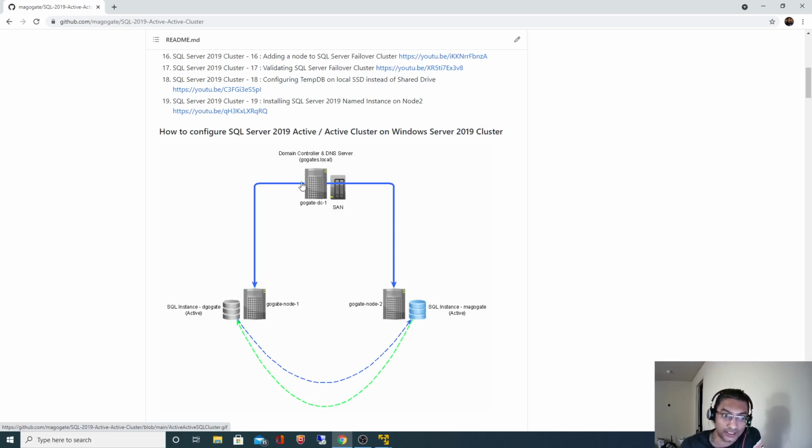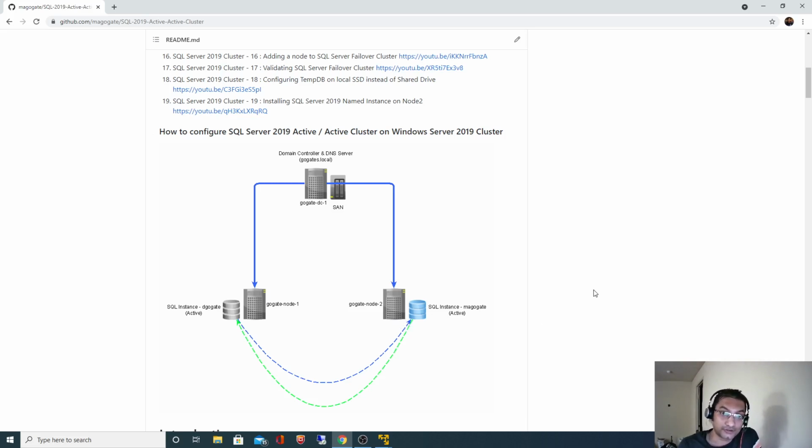We created those drives on this node, and then we configured them individually on Node 1 and Node 2. After that, we installed the SQL cluster instance on Node 1. We added Node 2 as a failover node. Then we installed a SQL Server cluster instance, that is a named instance, on Node 2, and then we added Node 1 as a failover node to this instance. This way we completed our entire SQL Server 2019 active cluster configuration.